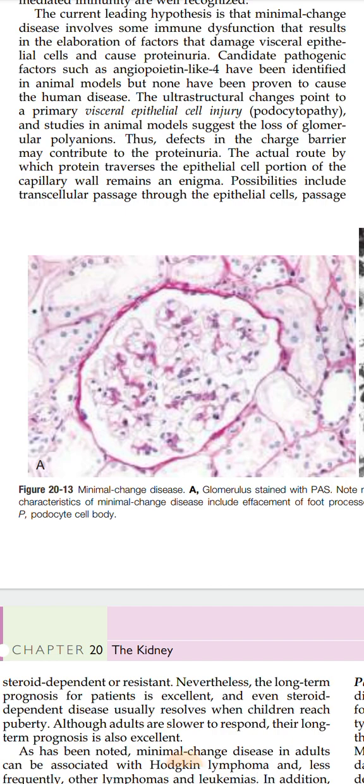Then how can we detect the change? We can detect that change by electron microscopy, right? We have to do electron microscopy in order to diagnose or detect minimal change disease. And this particular type of disease,